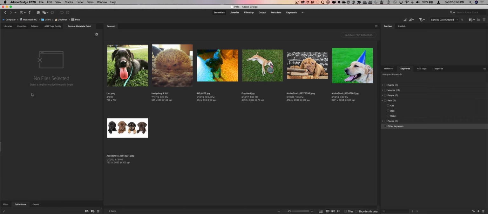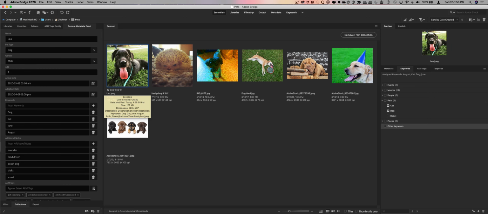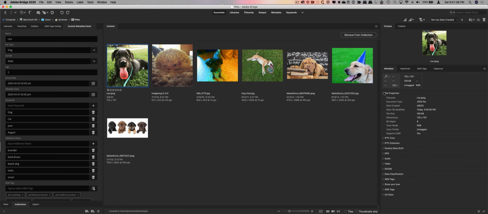Now I have one configured, and we'll get to configuration in a moment, but I just wanted to show you what it looked like when you made a selection. So if we click on Leo over here, nice little dog, you can see that some things have filled in all the way down. Now you can see also that we have some keywords lit up, and if I look at metadata and start to look at some of the core properties, you might see that these values like arrival date, age, gender, pet type,